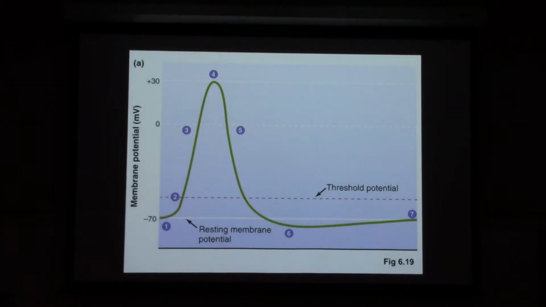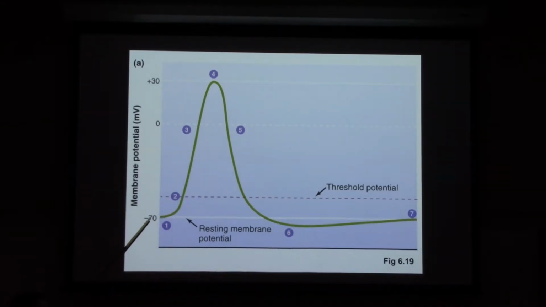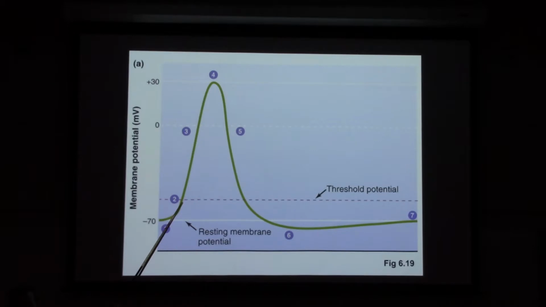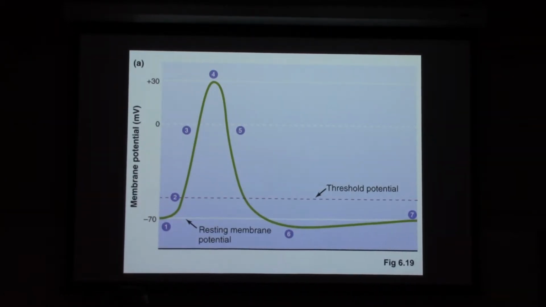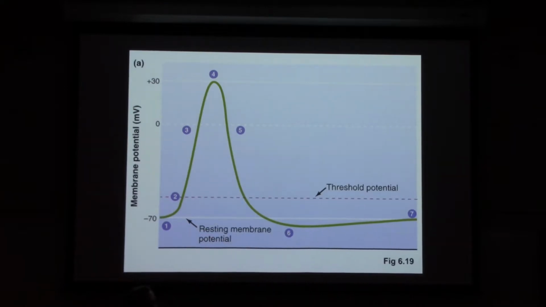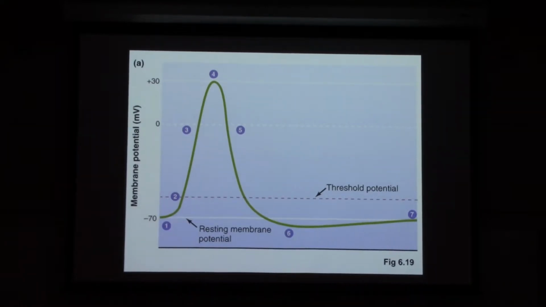All right, let's go back to our graph. So we've gone up to number 2. Right, so the depolarizing gradient potential depolarized our cell up to this dotted line. It triggers these voltage-gated sodium channels to open. Sodium comes in. This is all happening at threshold. Remember, threshold is this magic value of depolarization, which is going to trigger something else to happen, leading to this rapid rising phase.